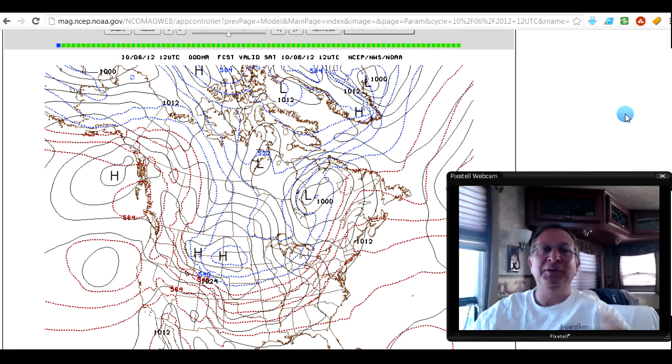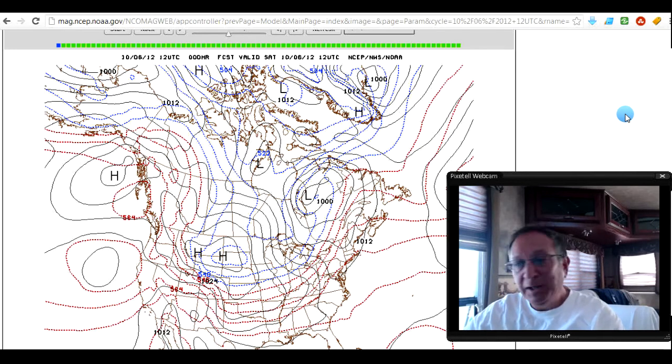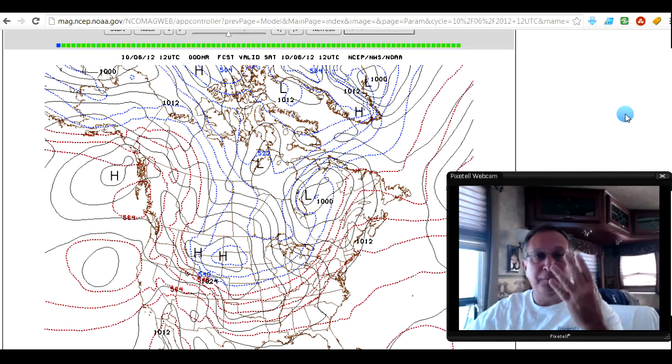I wanted to thank those of you who responded to me by email and actually did go to look at the NCEP link that I gave you. This is again the GFS model. It is the preferred model that gives the most accurate forecast. That does not mean it's always right, and you do need to interpret it. One of the other tips that I'll give you is these models run 4 times a